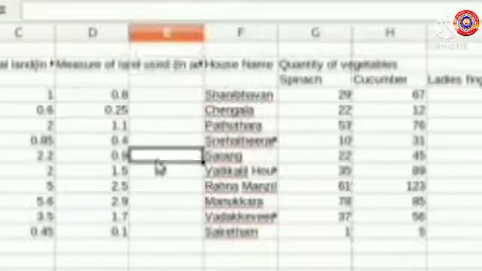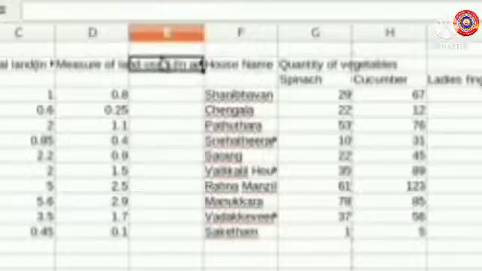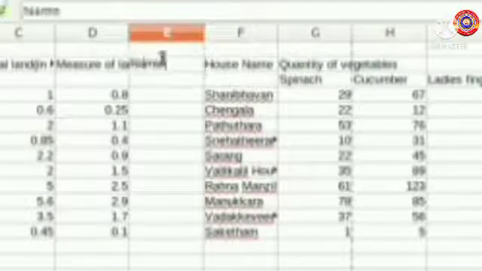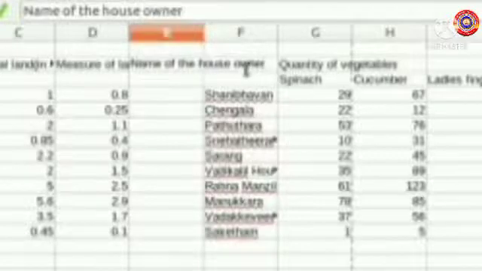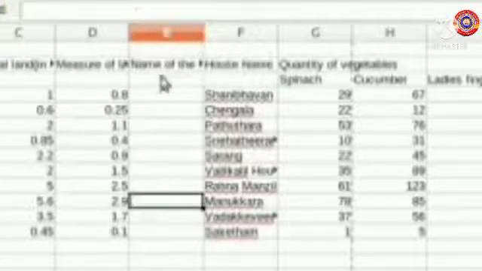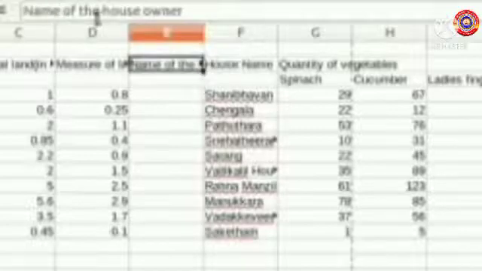Now, what must be the heading of this column? Yes, name of house owner. See, I am typing name of house owner. Here also we can see only the half portion of the heading. So we have to adjust all the column widths.